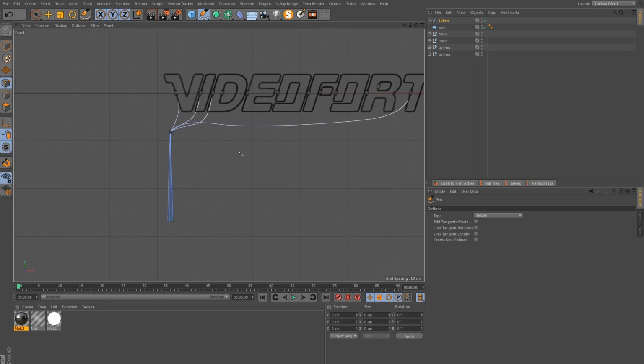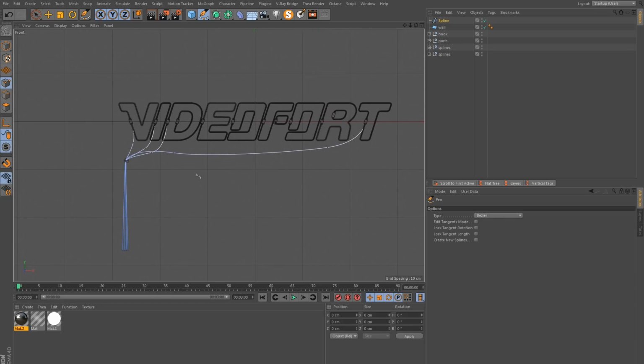Okay, and I would say this is pretty good. Now if you can successfully draw cables which will look realistic in the way that they are flowing and bending, then just do that. Do everything manually. But you can also use simulation to get this to look as good as possible.